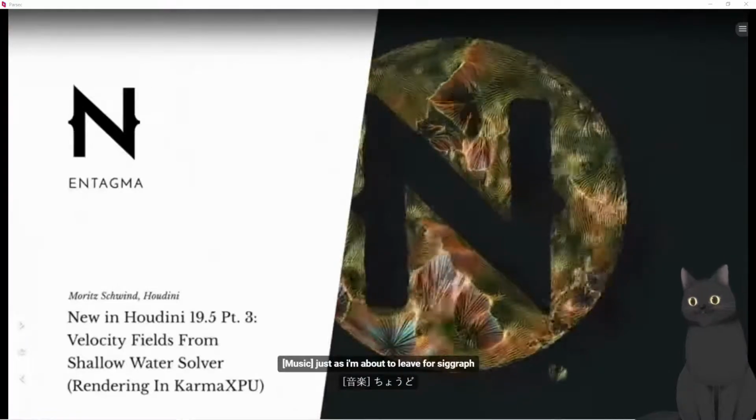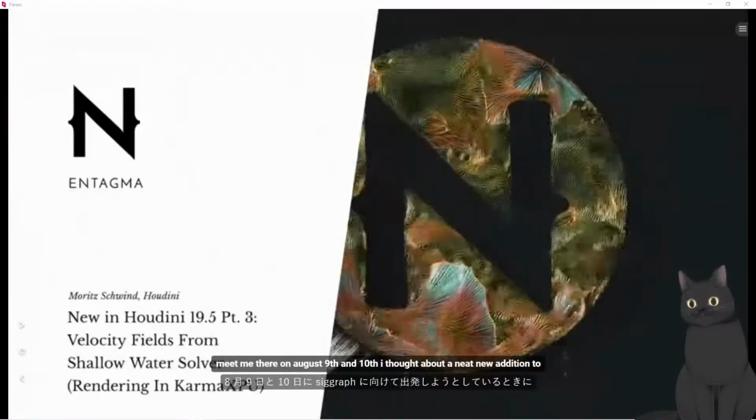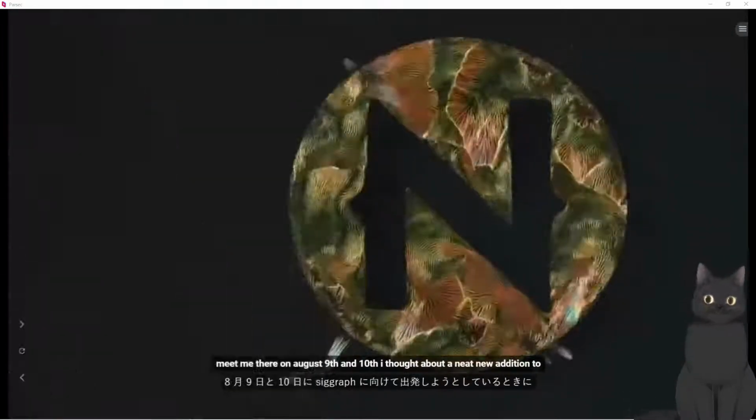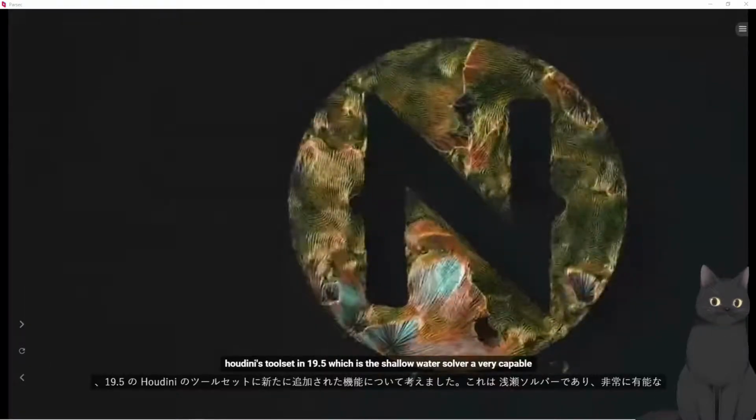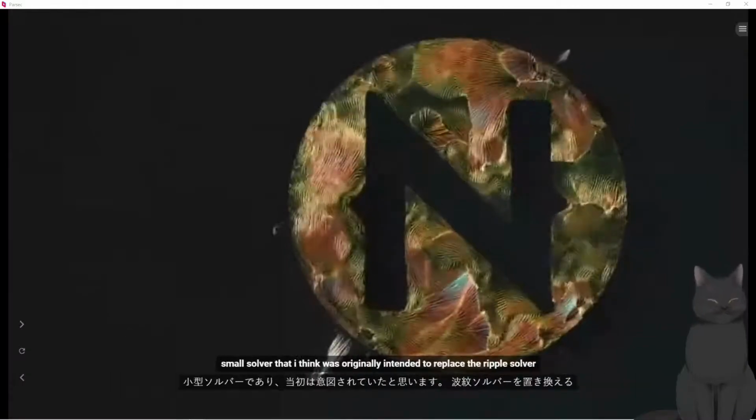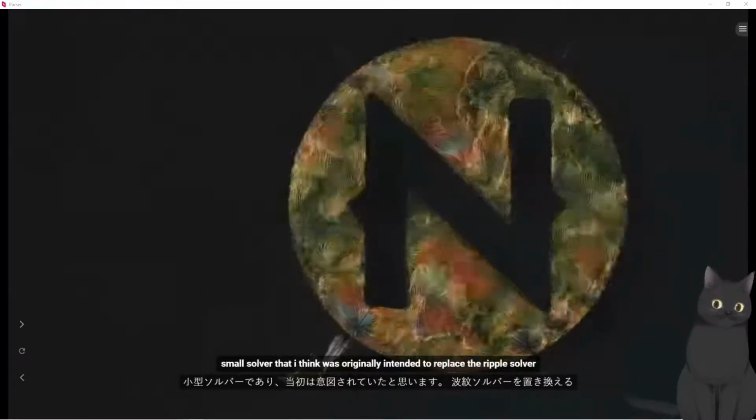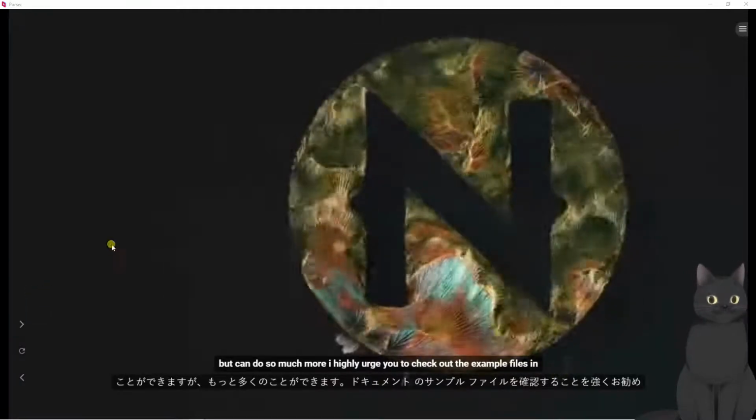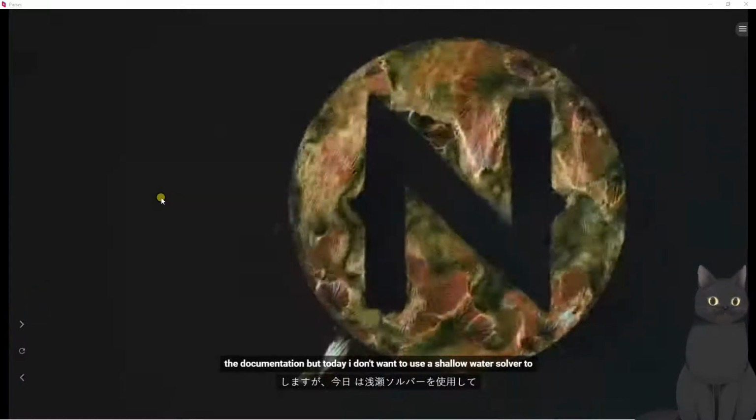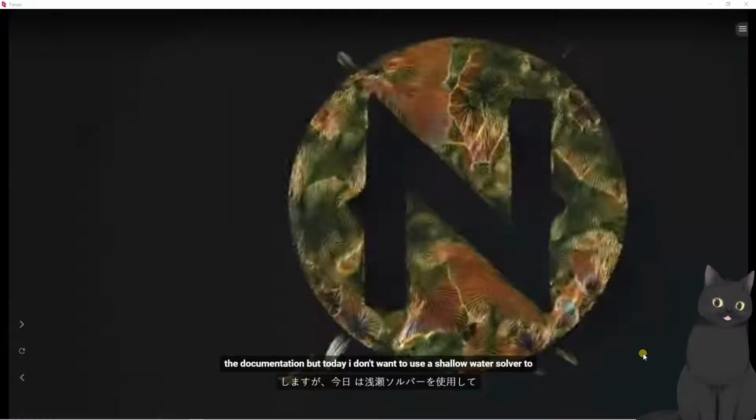Just as I'm about to leave for SIGGRAPH, meet me there on August 9th and 10th, I thought about a neat new addition to Houdini's toolset in 19.5, which is the Shallow Water Solver, a very capable small solver that I think was originally intended to replace the Ripple solver, but can do so much more. I highly urge you to check out the example files in the documentation, but today I don't want to use